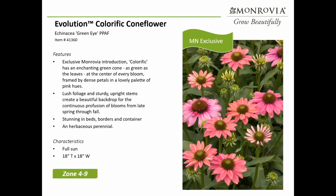Moving now to Echinacea. This is an Evolution Colorific. This was a selection at our Oregon nursery. We selected this for its sheer abundance of flowers and its fantastic habit. The one standout quality about this Evolution Colorific is the rainbow of colors that it produces on one plant. So, you know, it opens yellow and then it goes through these beautiful pinks, kind of a painted yellow flower,